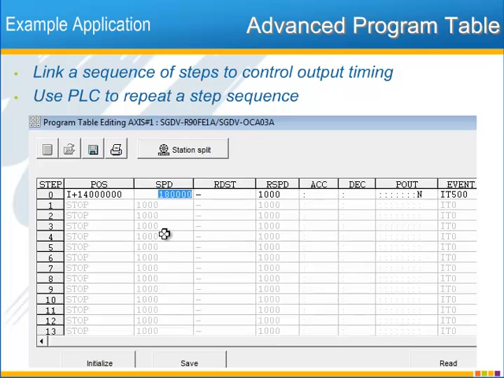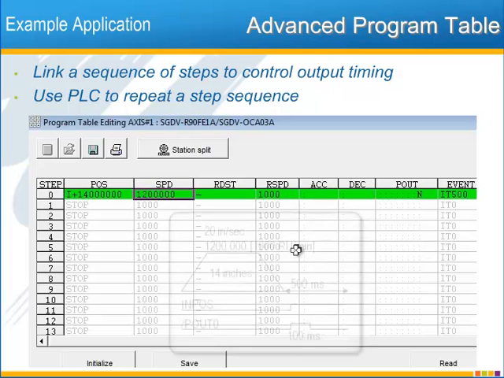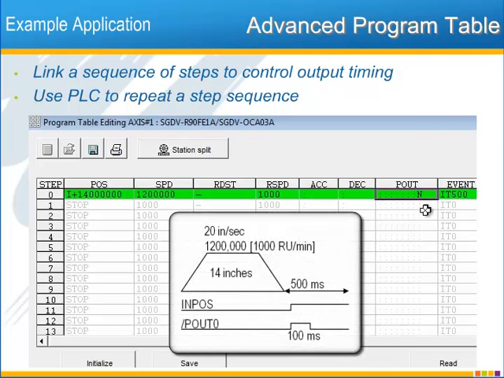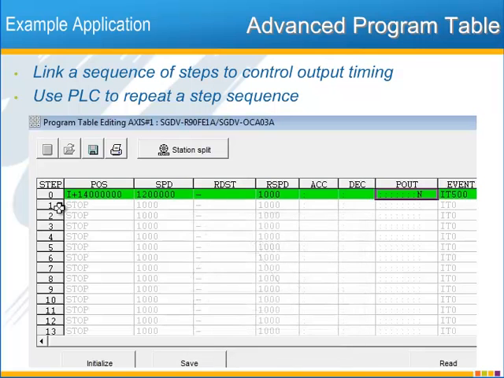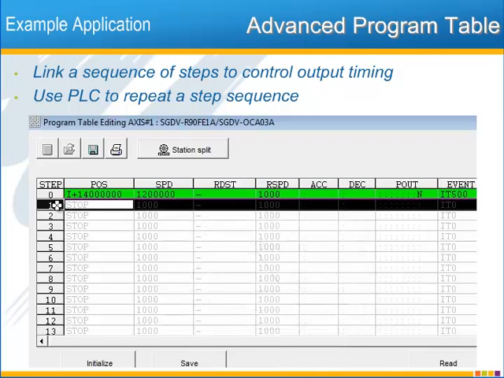20 inches per second was 1,200,000. And now how can I get this P out to turn on at the end of the move for 100 milliseconds? Remember that the P out column determines the output status during the whole move from beginning to end. So the answer is to use a separate program line that does not move the motor but only changes the